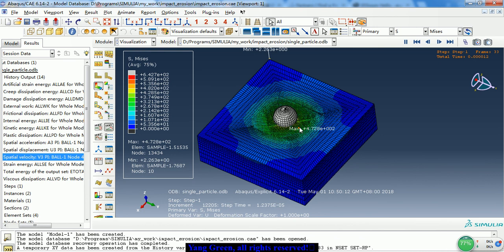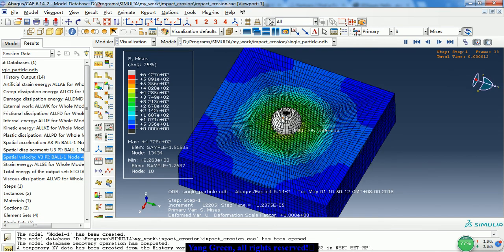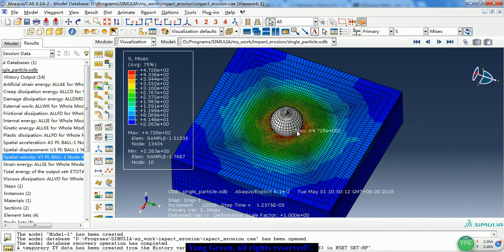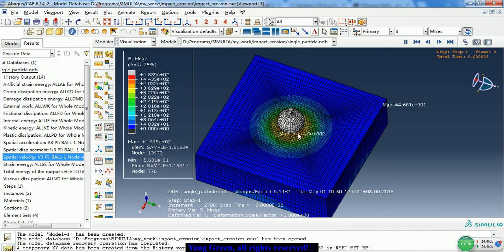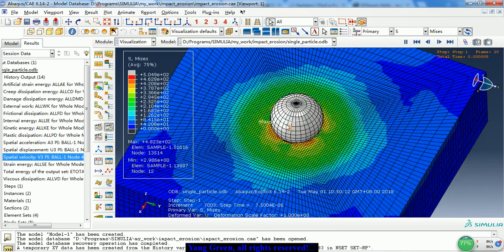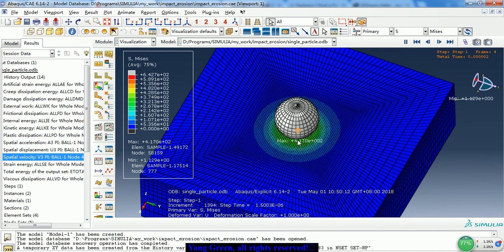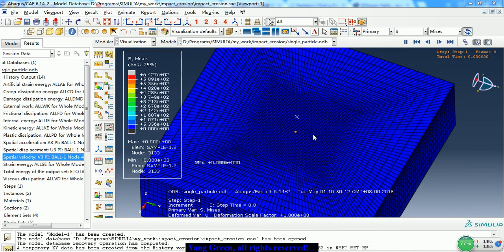So this is the result, and we can see the particle has initial velocity of 10 meters per second to impact the aluminum block, and the surface elements have been deleted, as we can see,